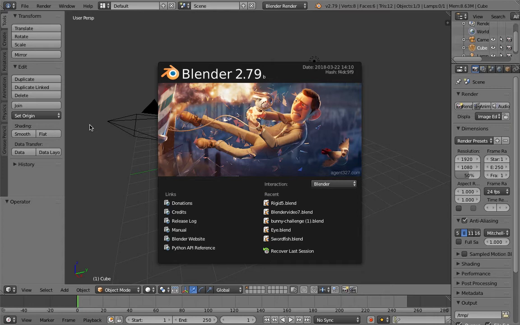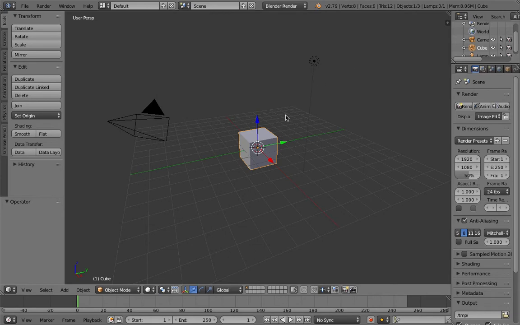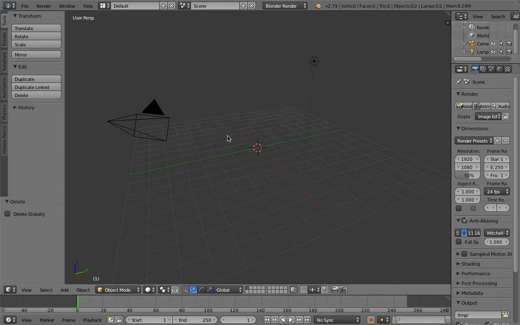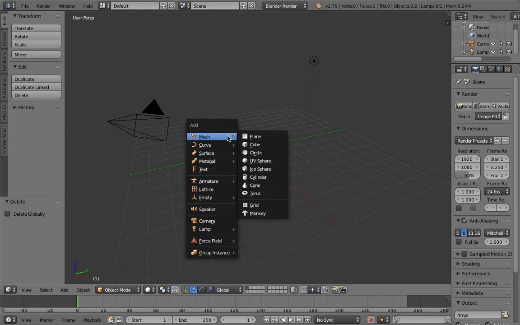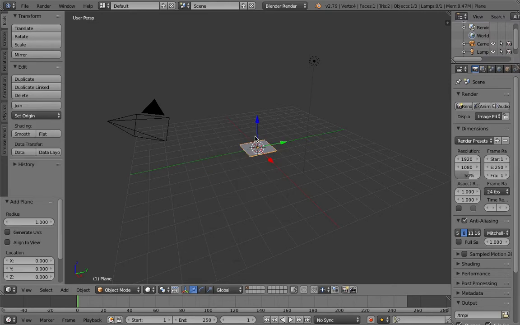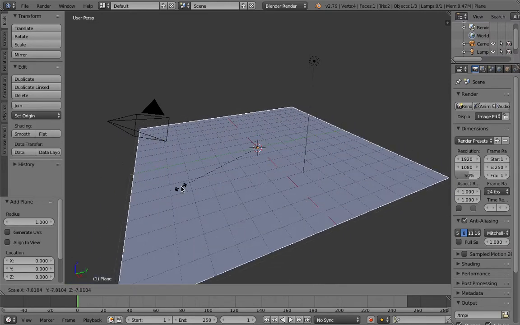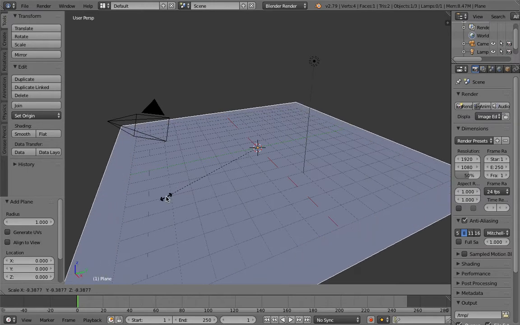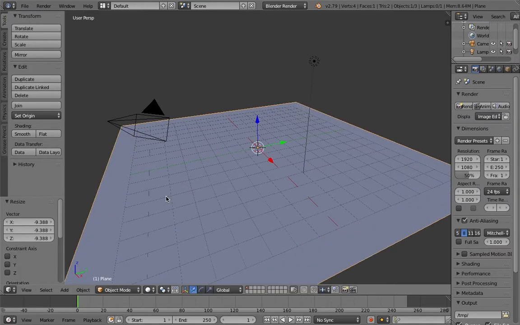Okay, so first, open up Blender, right click, start a new file. First thing we want to do is delete the cube. Shift plus A to add a plane, and scale that up a bit, just so it reaches the edge like that. And then